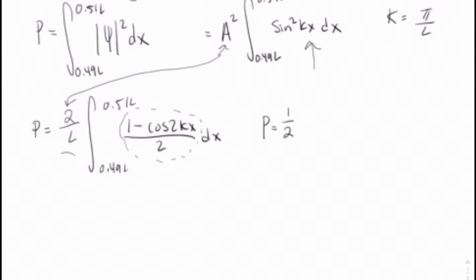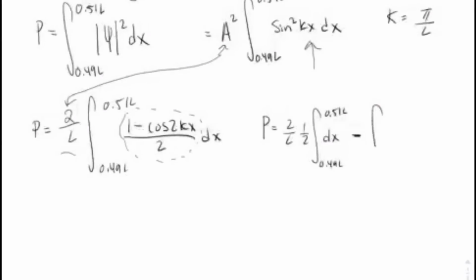We'll have our 2 over L, and we'll pull out the 1 over 2, keeping our domain, dx